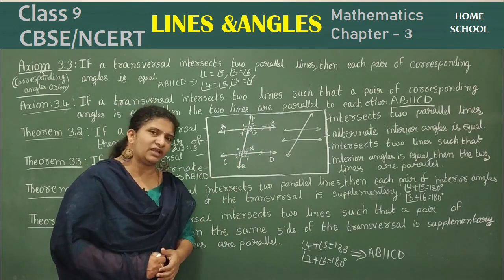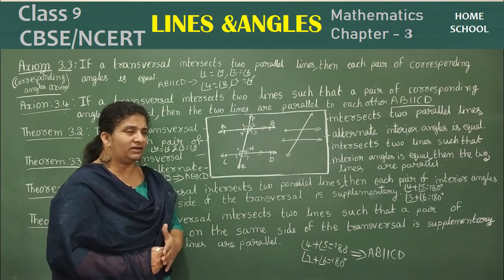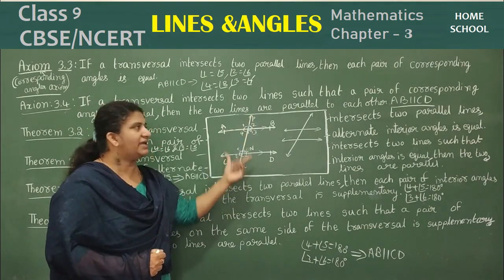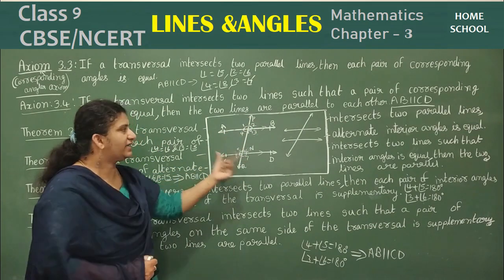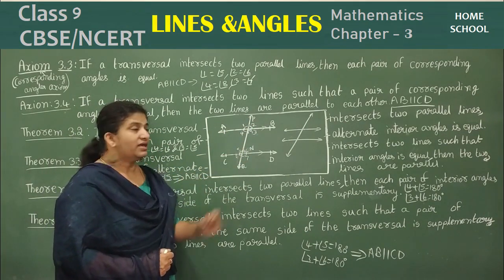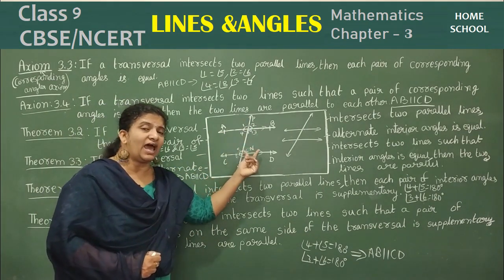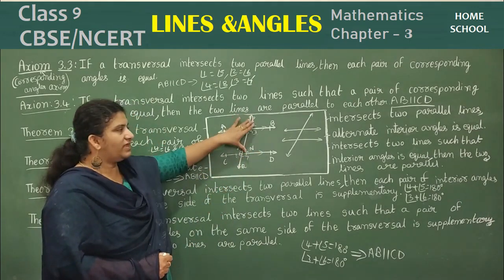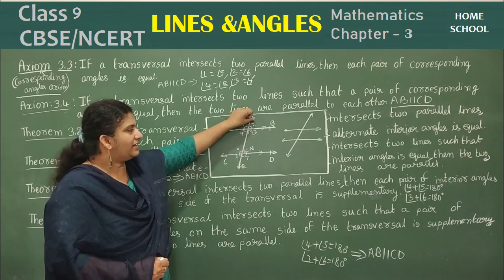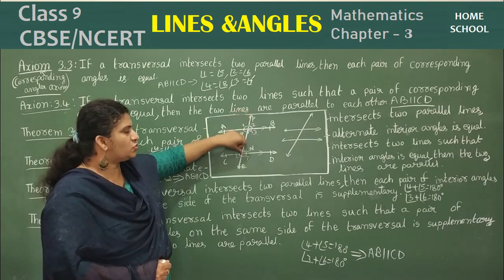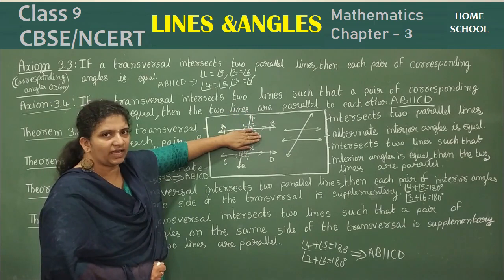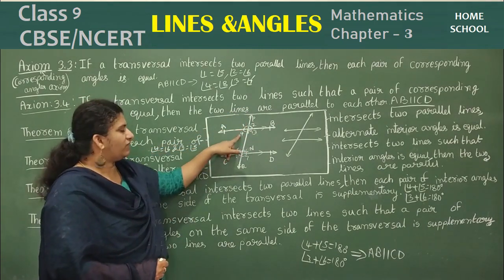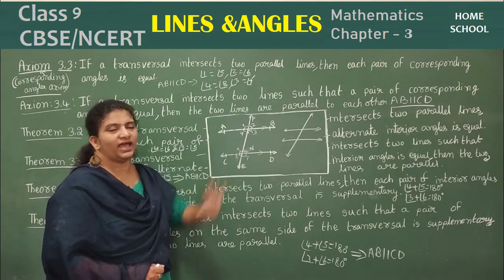Coming to your next statement here. What is the next statement? A transversal intersecting two parallel lines. The alternate interior angles in between them are equal. So if they are parallel and a transversal intersecting at these 2 points creates 4 interior angles, the alternate angles are equal. Angle 4 equals angle 6, angle 5 equals angle 3.